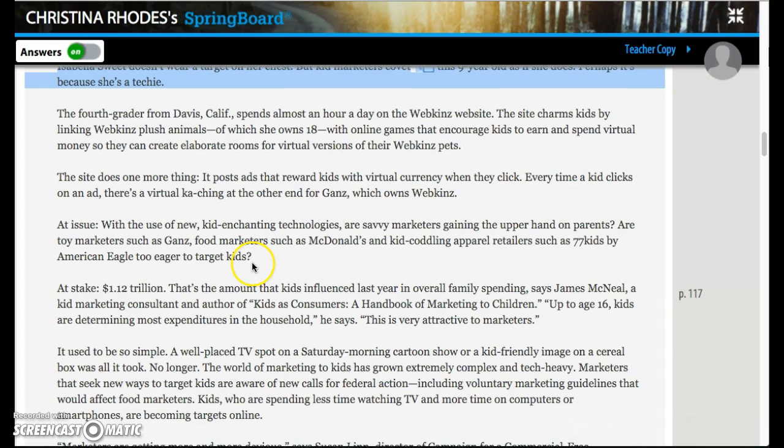Now you are going to be responsible for reading the rest of the reading with your shoulder partner. So person on the left, raise your hand. Person on the left, you are going to read page 117. Person on the right, raise your hand. You are going to read page 118. Person on the left, raise your hand. You're reading 119. And then person on the right, raise your hand. You're reading page 120. So you're alternating the pages. As you're reading with your shoulder partner, please make sure you're answering the questions in the margin